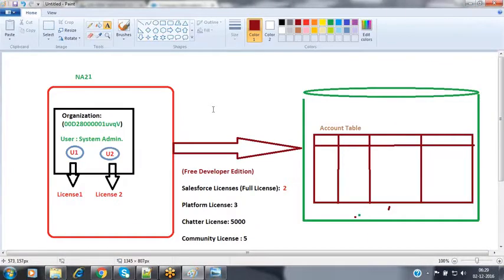Now for each and every organization, it may be the North America region server, the Asia Pacific region server, or the Europe region server, and in each and every region server you will have multiple organizations available. In each and every organization, you will have some set of users. In order to interact with the database tables, every user should have a proper license. By using that license only, the Salesforce developers or the Salesforce users can communicate with the Salesforce database and perform the required operations inside that.